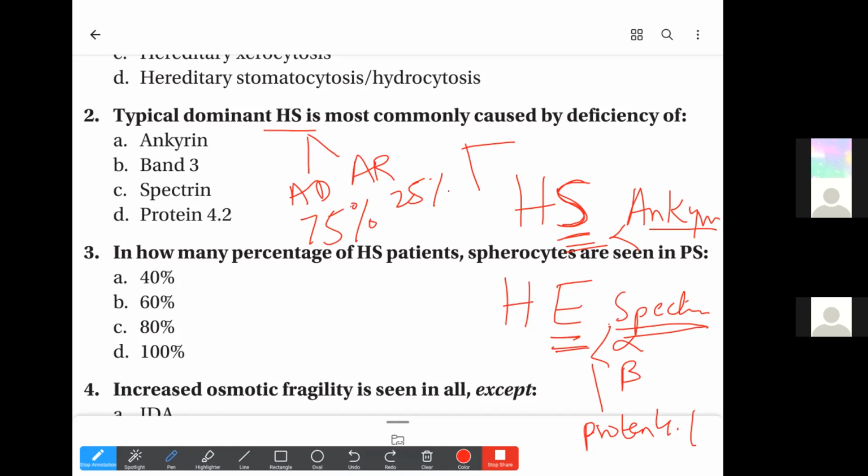Hereditary spherocytosis is characterized by the spherical shape. Stomatocytosis was because of the stoma phase of the RBCs, and they were macrocytes with leaky cations, either due to lipid deposition in the membranes or due to certain protein bands; in this case band 7.2 was defective. So there were certain defective bands causing leaky channels. In hereditary spherocytosis, the most typical presentation is autosomal dominant, and the most common defect is the ankyrin defect.